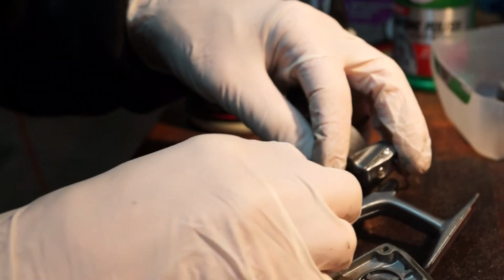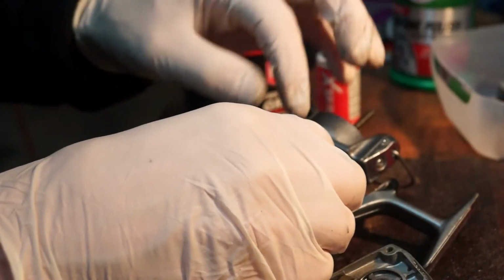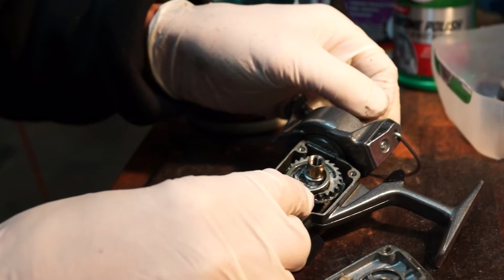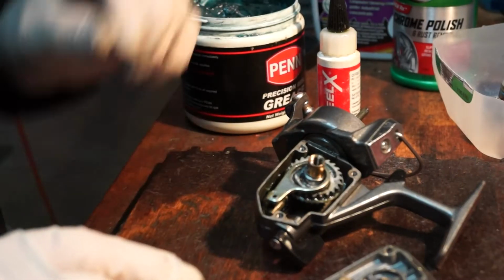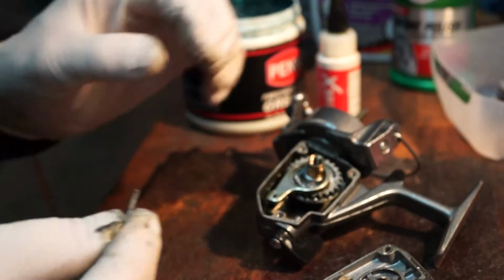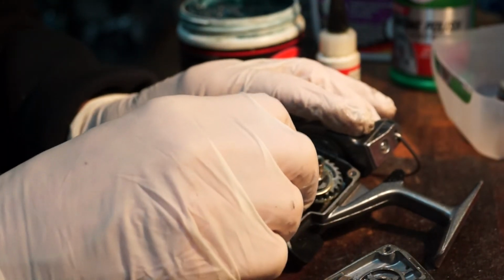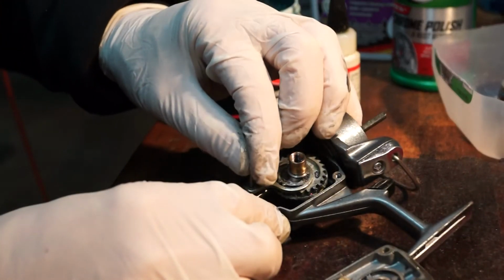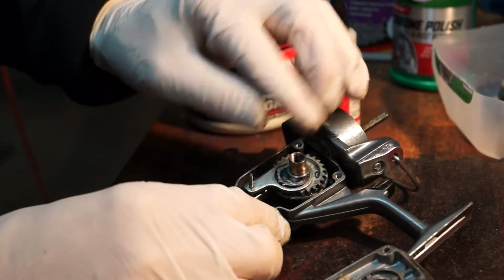Then reinsert the carrier arm for that spool. It loops over the top of the main gear and then aligns with the hole in the shaft. Remember that little piece we took out before, the holding pin? That would be inserted next. That goes through the hole of the shaft,